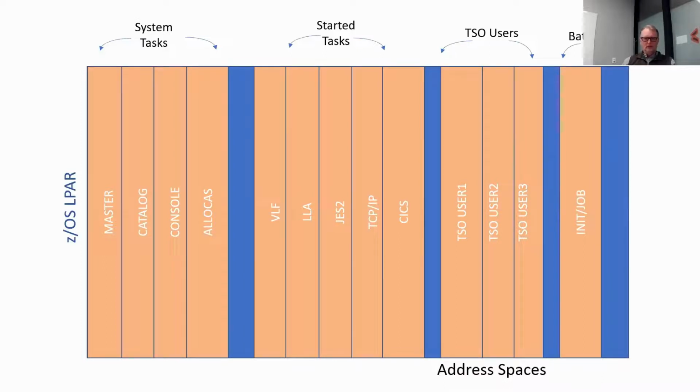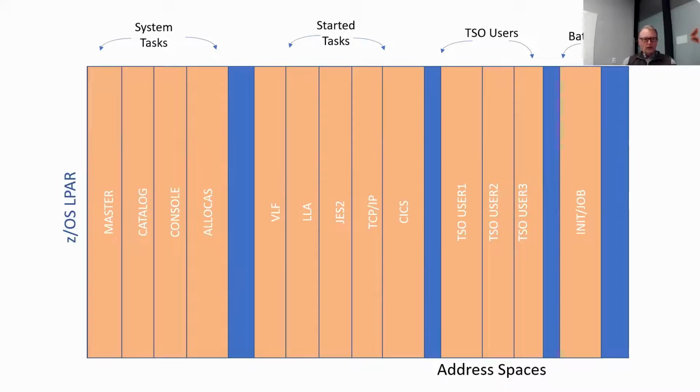I don't want to lose a bunch of people, but I do feel like it's an important part of the system. So each one of these address spaces starts out identical. They're created by the operating system, and then programs are loaded into them and executed. And each one of these address spaces is a virtual copy of all the rest of them. So this is another layer of virtualization on top of it. So you have PR/SM with LPARs that are virtualized. And then inside of the LPARs, you have address spaces, and each one of those is virtualized.